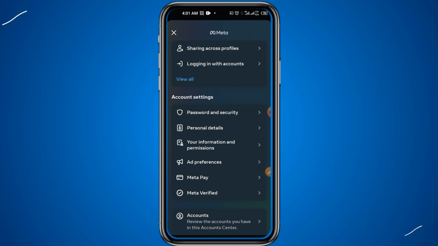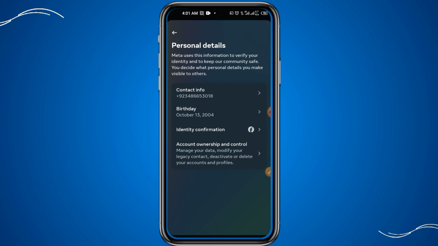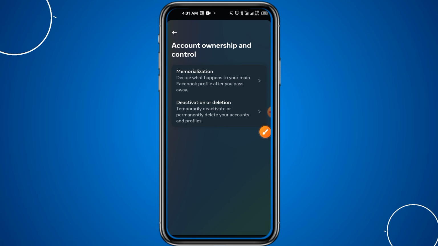and click on Personal details. Now here you have to click on Account ownership and control. When you click on this ownership and control, now here you have to